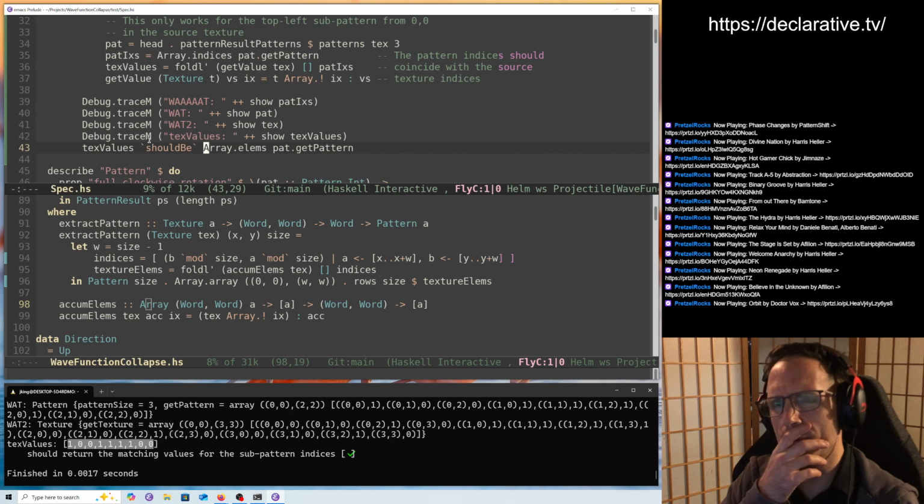We're folding over pattern indices and pattern array indices, which should be the same order. And it's the array bang into X in the index here that's getting me. Like, if it gets to 0, 0,